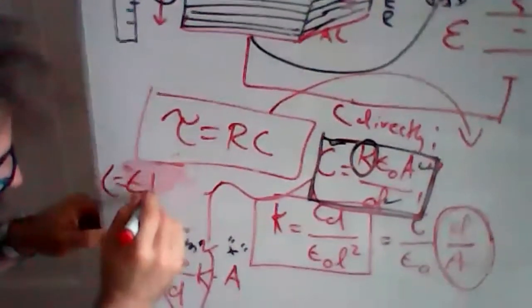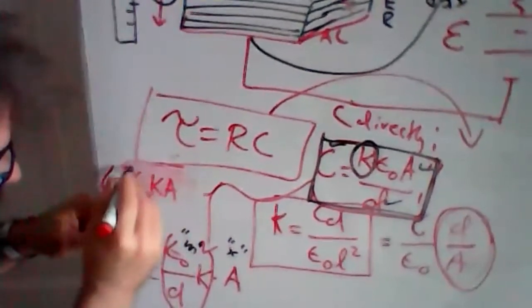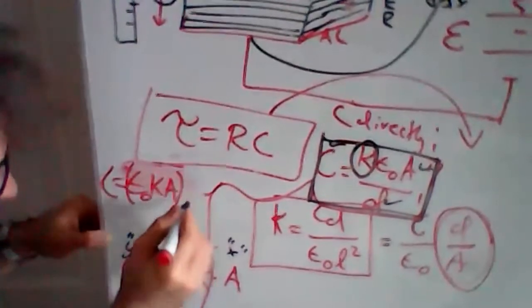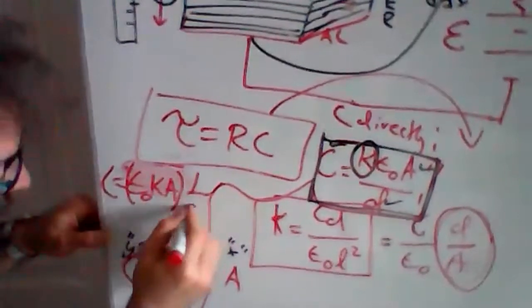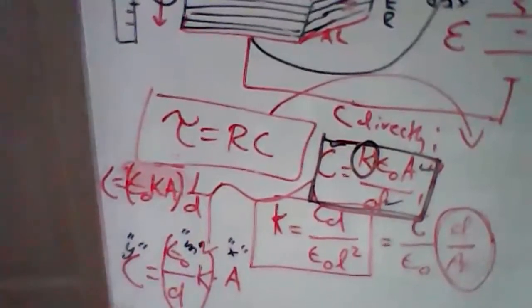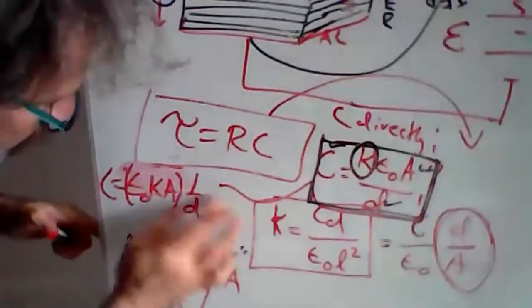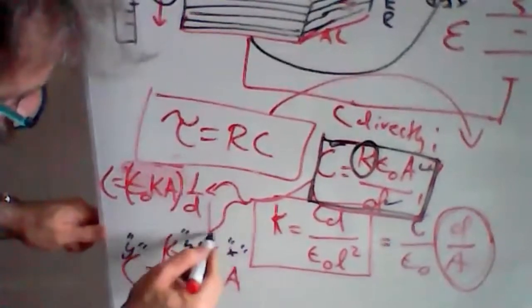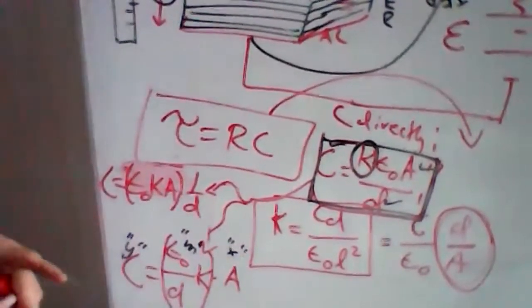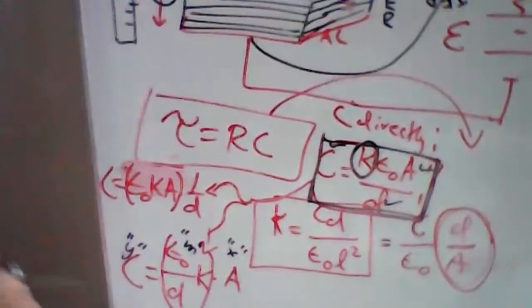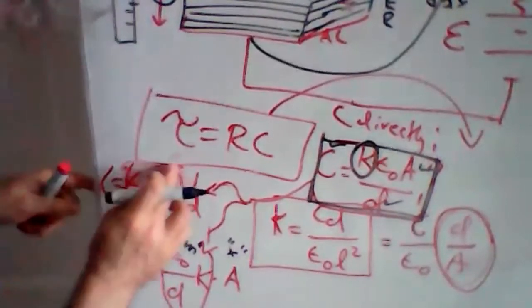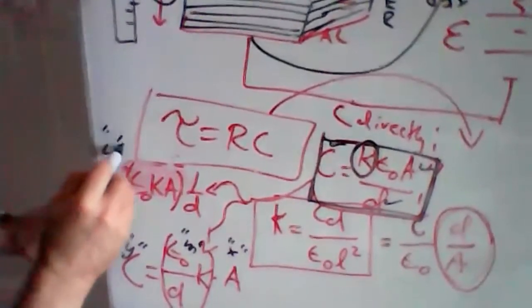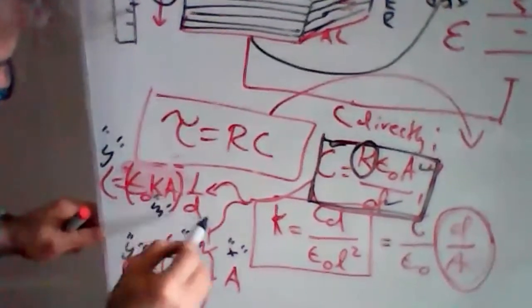Epsilon naught K A, and this is going to be our slope, times 1 over D. One could also just isolate K and then have that be the slope alone, right? Sure, you can do that too. But the point I was getting to, so this is Y, this is M, and then 1 over D